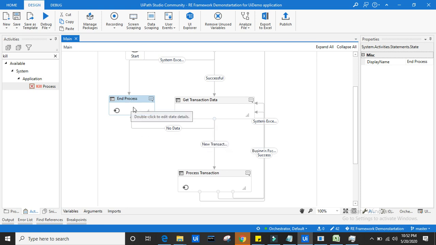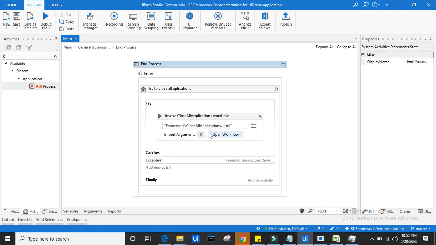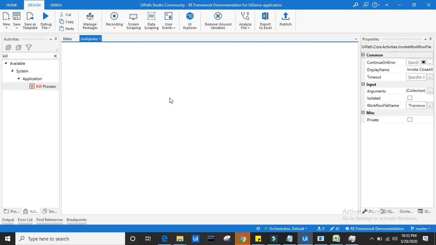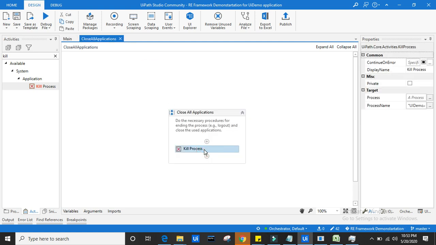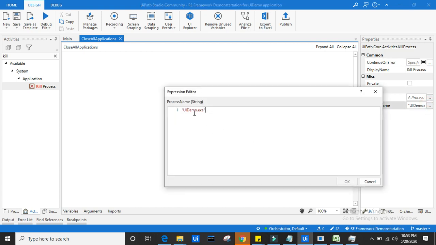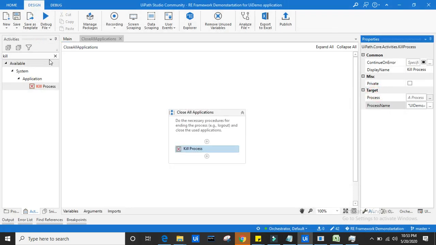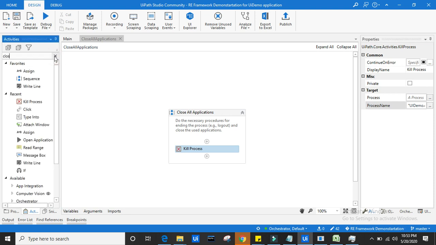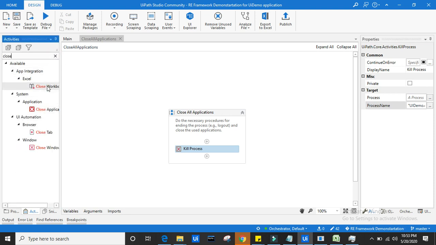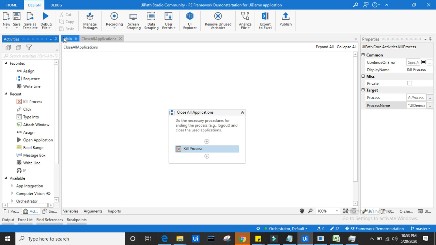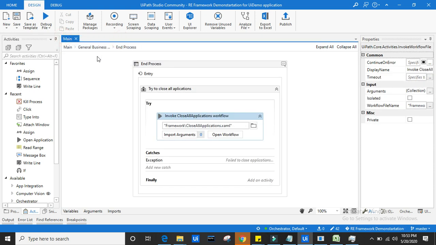In end process, I have written that it should kill the UI demo.exe process, so ideally it should close this application. Instead of kill process, you can also use close tab, close application, close workbook, close window, whatever depends on your convenience. Let me check whether this will happen or not.